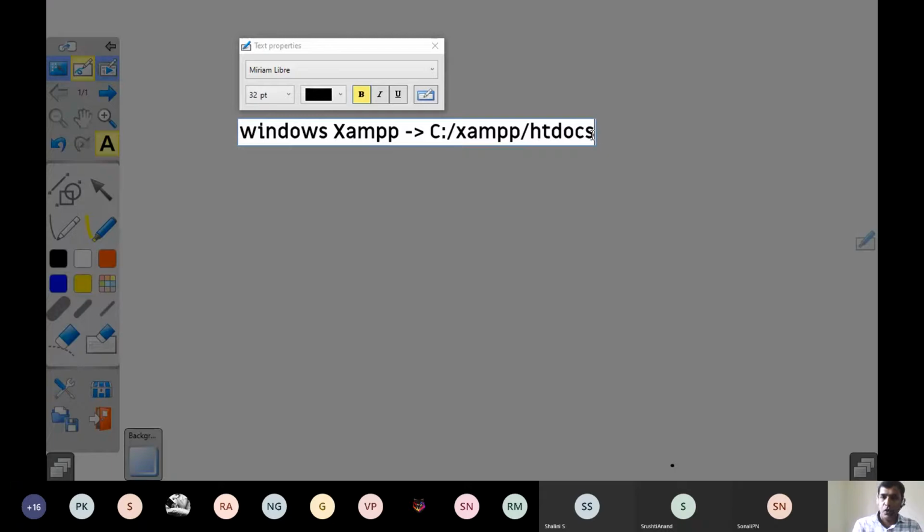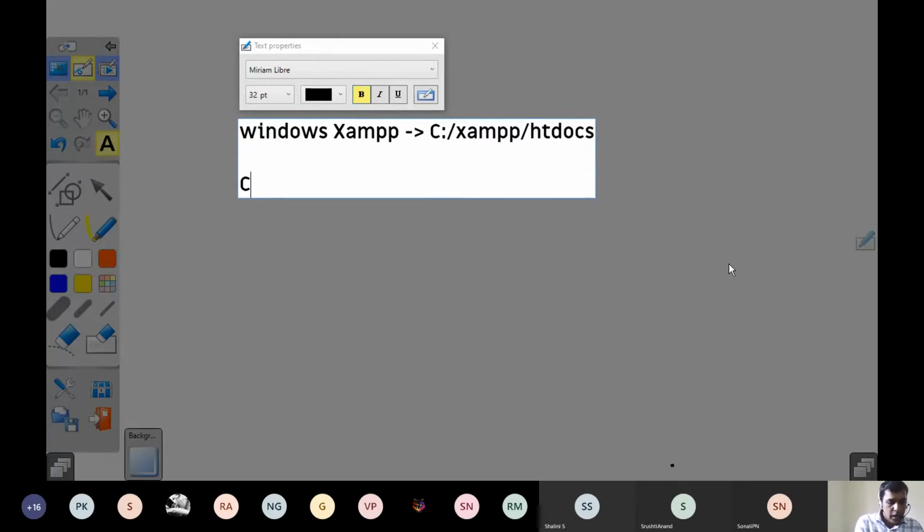For example, the first program, if you name it as 1.html, that 1.html should be saved here. Coming for Linux, let us assume you are using CentOS 7 or 8, depending on the latest version, which is 8. If you are using CentOS, what is the location where you need to save it? It is in the root directory: var, under var it is www, and then html. So this is the document root.